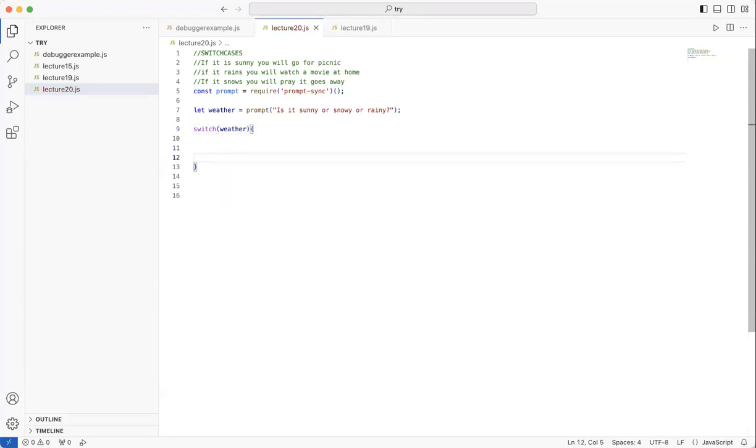So this is how the syntax goes. The beginning of the switch case starts with checking the variable that the user is passing the information into. All right. Now, for that particular variable, we have to match our cases and give the user a suggestion.